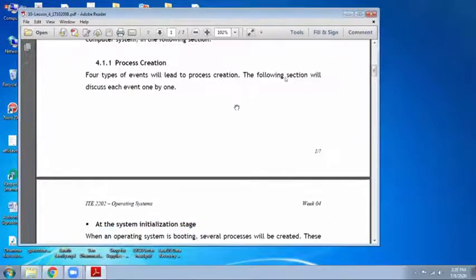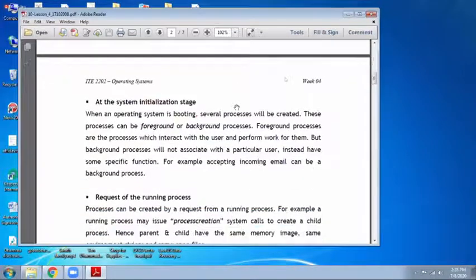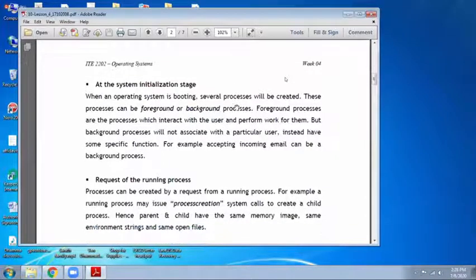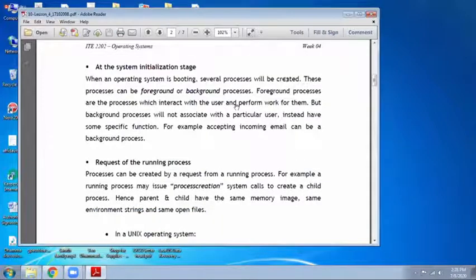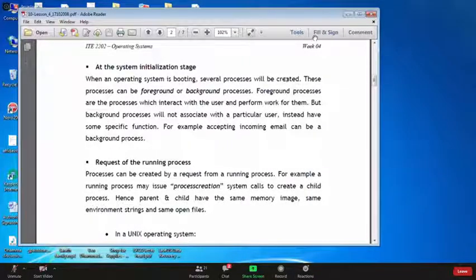So we'll see them one by one. First one is system initialization. For example, when you boot up, when you power on your computer,